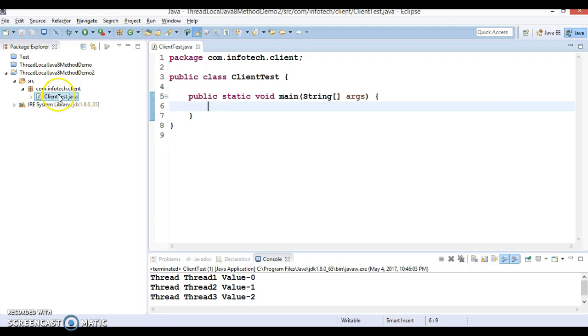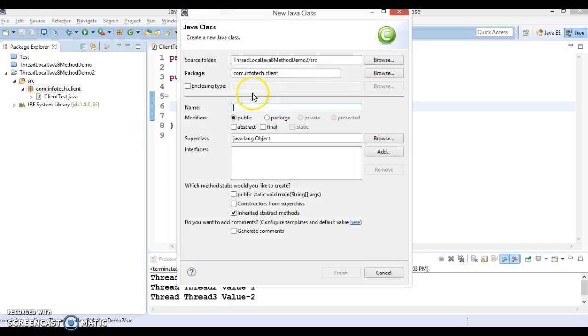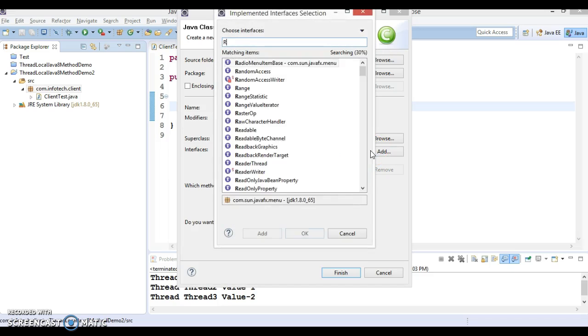I'm going to create one more class, called thread local demo, and this is going to implement the runnable interface.